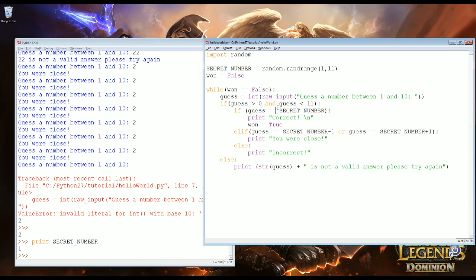It goes up to but not including the last number. So it's going to go from 1 to 11, not including 11. So that means 1 to 10. It's just one of those odd things about how it was set up. I honestly don't know the reason, but just know that that's the way it's set up so that you remember how to do it. And again, if you're ever in any doubt as to how this works,